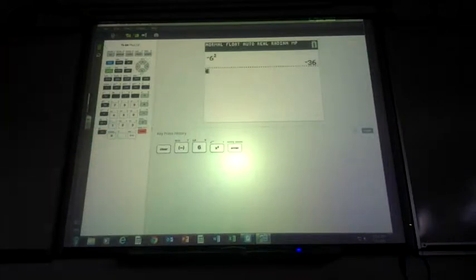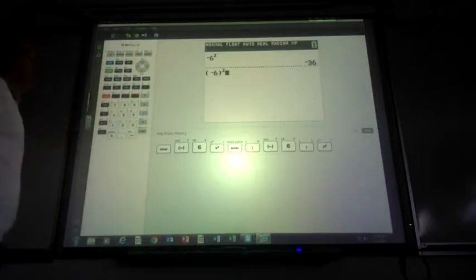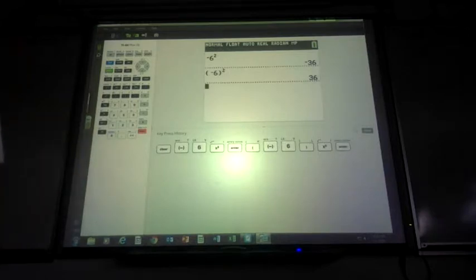But all of a sudden it gives you a negative answer. So your critical thinking skills, you knew going into it that it's got to be positive 36. But a device that deals with zeros and ones in its binary code is telling you, nope, it's negative 36. So then you start thinking, is the calculator smarter than me? No! The calculator said, oh, you're plugging 6 in, we're squaring it, and I'm going to give you the opposite value of it. So if you want the calculator to work appropriately, tell it, hey, calculator, I'm plugging 6 in, or negative 6 in, and I want it squared. So now the calculator says, oh, okay, negative 6 times negative 6. Now, it doesn't really say that, but